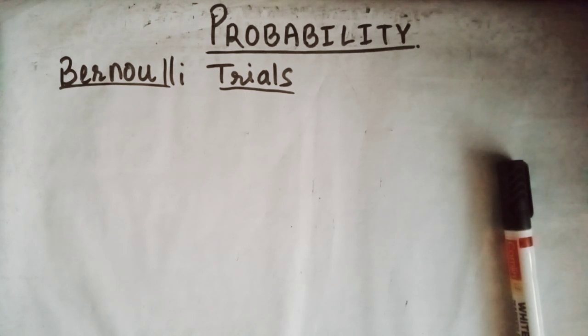So this type of trial means what? We are doing some experiment. If you are tossing a coin once, then it becomes a trial. You have only two outcomes, that is either it is head or it is tail. Like this you can take